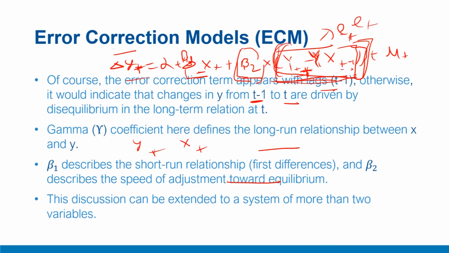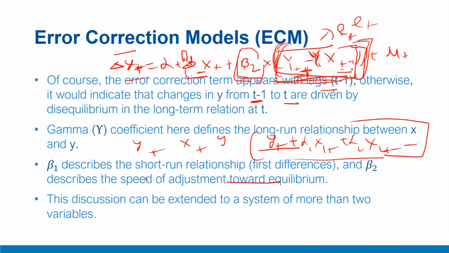Now, just to summarize this discussion, here we use two series. This can be extended to multiple series, where we can use a larger co-integrating vector with multiple variables, such as yt plus alpha 1 x1t plus alpha 2 x2t and so on. This is called a co-integrating vector, where instead of only two variables, you can have more variables. So if you have a relationship like yt plus alpha 1 x1t plus alpha 2 x2t and so on, the co-integrating vector can be represented as 1, alpha 1, alpha 2. So it's just a vector of coefficients. This is called the co-integrating vector.